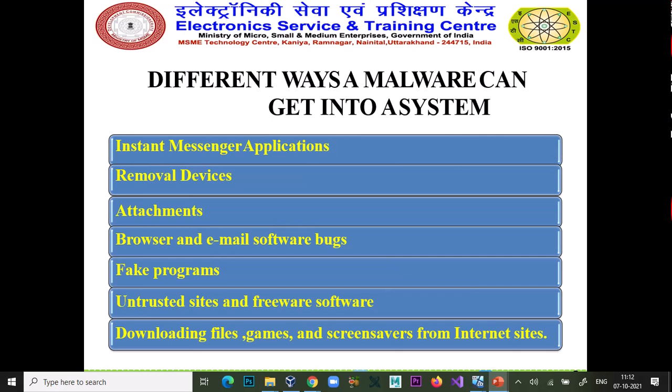Removable devices, meaning pen drives or hard drives. Malware can get into a system through a removable device also. So before using any removable device on your main system, please make sure that the device is completely clean, or scan it at least once before using it.